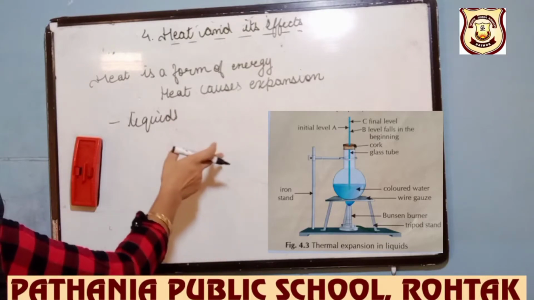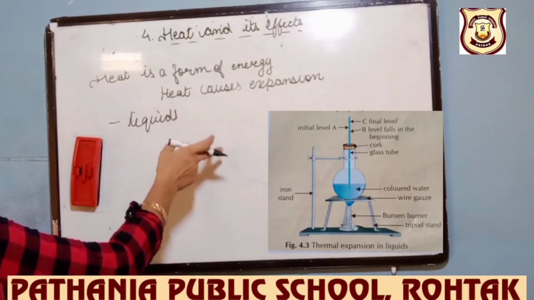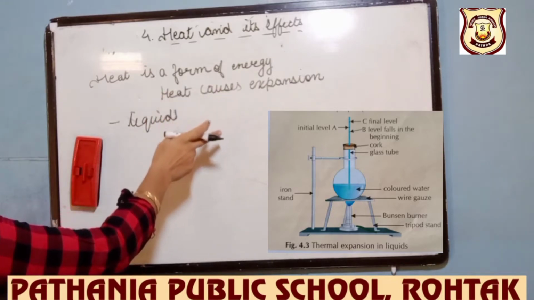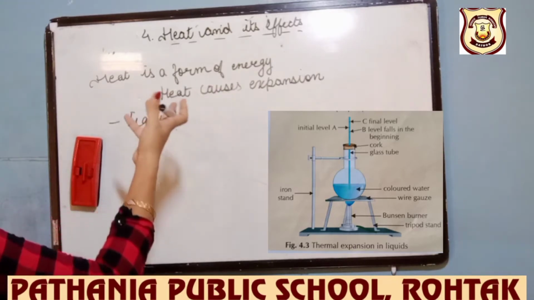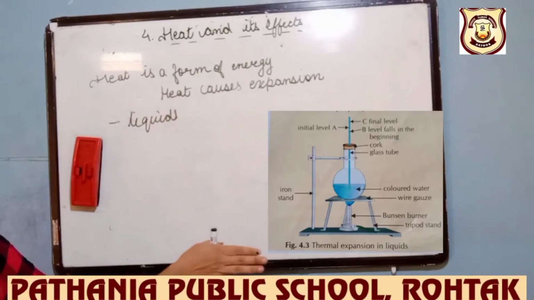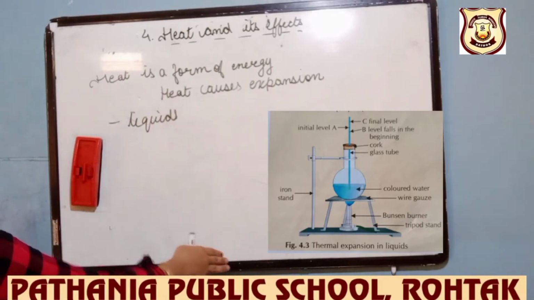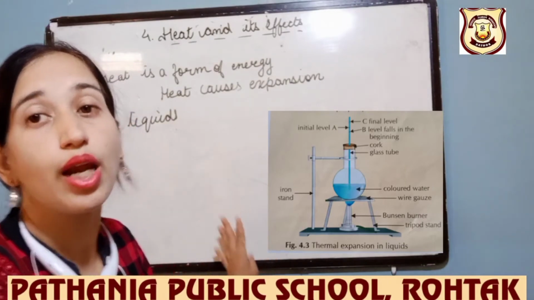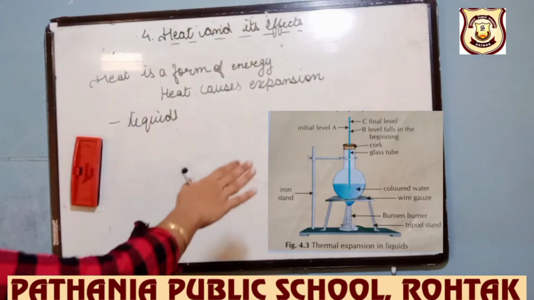The water level first falls to B and then rises steadily and reaches up to C. And the colored water expands on heating, demonstrating the thermal expansion in liquids. So this is the experiment through which we can tell that expansion occurs in liquids. Okay. Now next, the expansion in